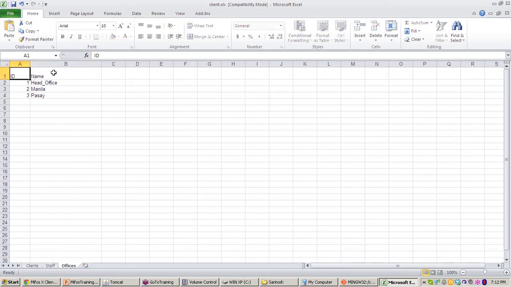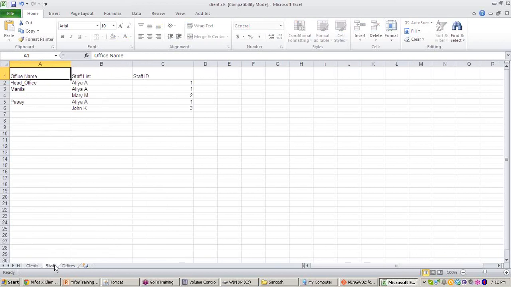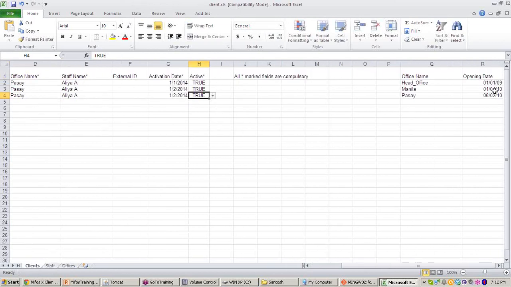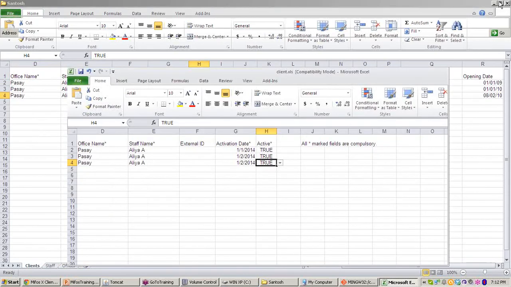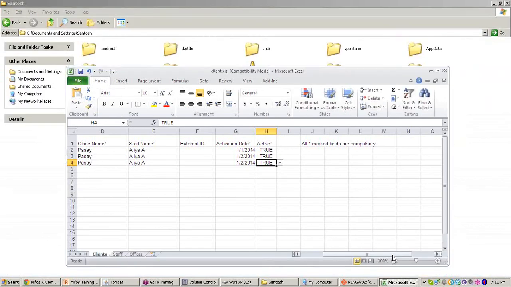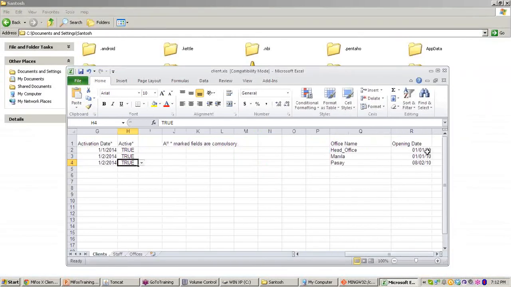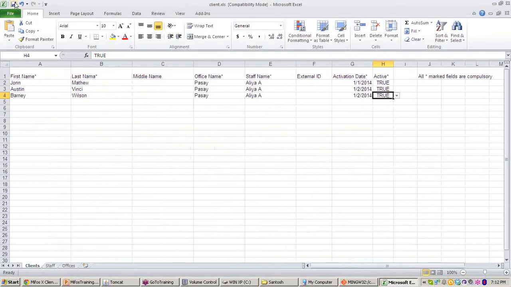Here in the office there is a list of offices, staff for the respective offices, and here are the clients with the opening dates for each office. And finally just save the file. Remember, the file name is client.xls. Just save it, and after that, the simple thing, just open the data import tool.